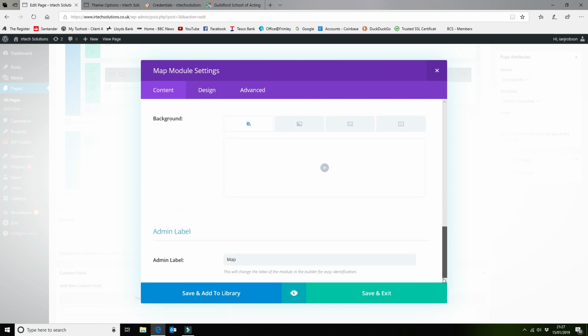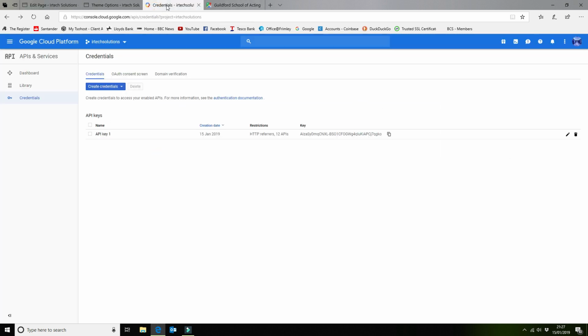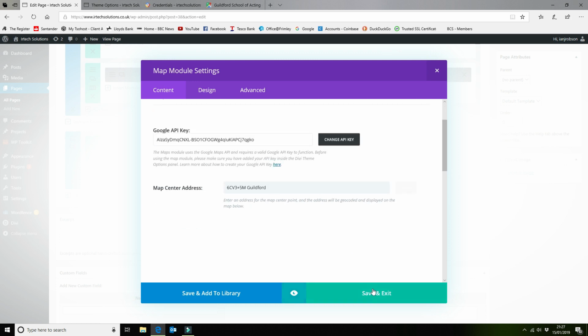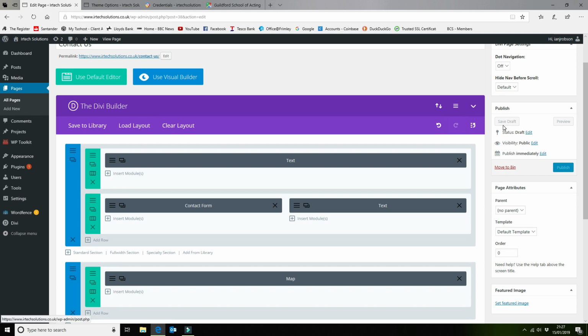The reason for that is it takes a good 5-10 minutes for everything to get readied on the Google Cloud platform. So I'm going to leave that like that. I'm going to save that, and save the draft again once that's become active,